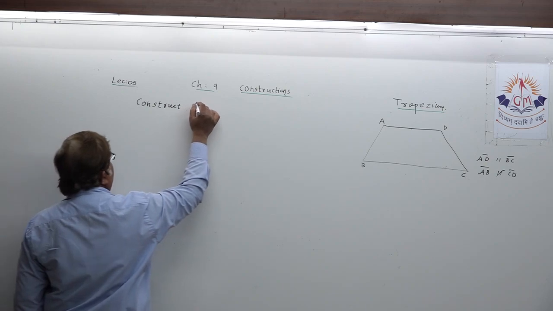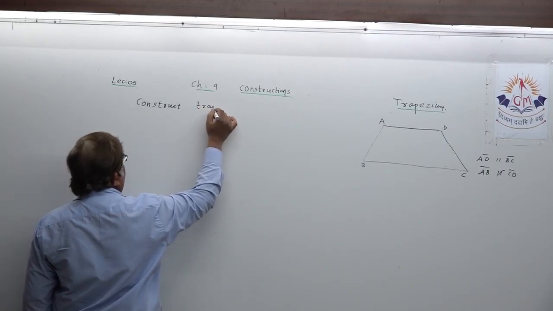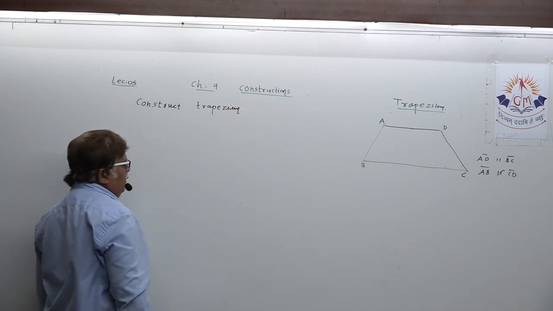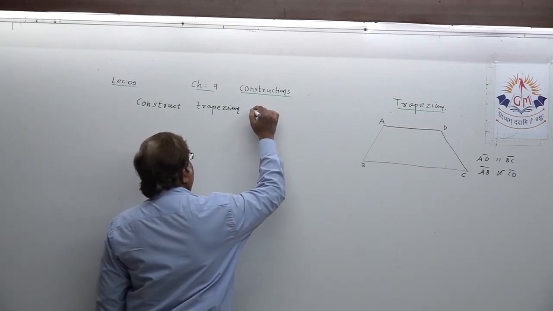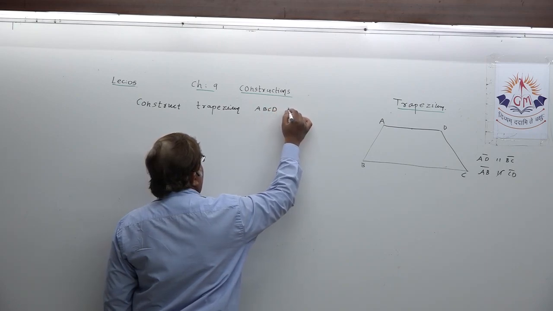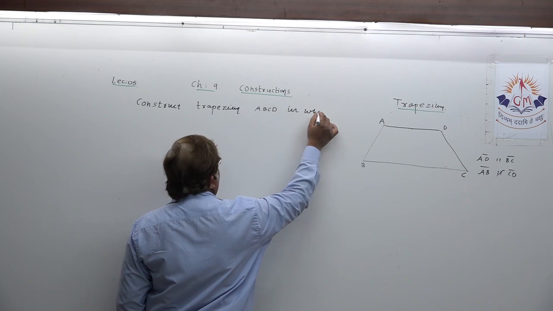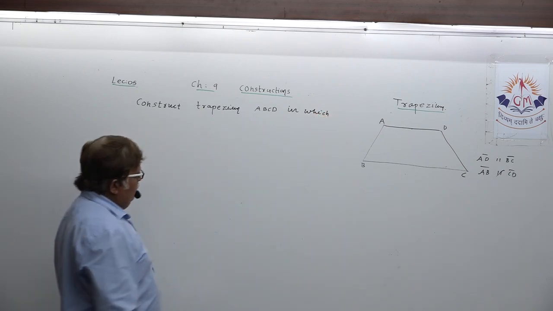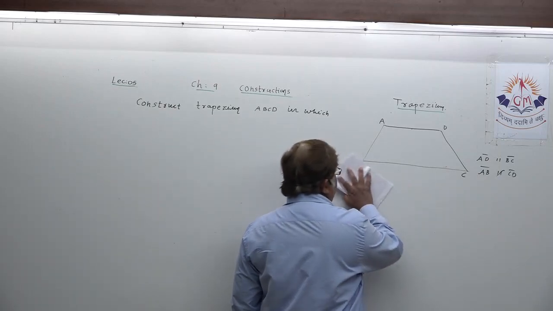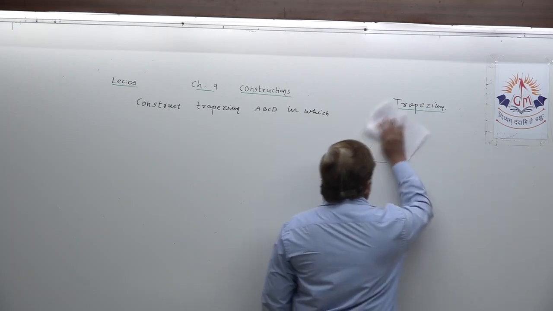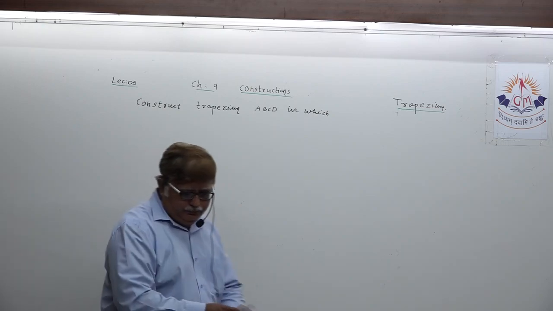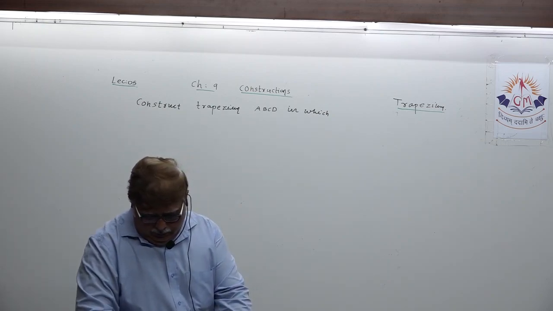Construct trapezium. Note down the question with me. Construct trapezium ABCD in which, we have to erase this to save some more space. Okay? Construct trapezium ABCD in which AB equal to